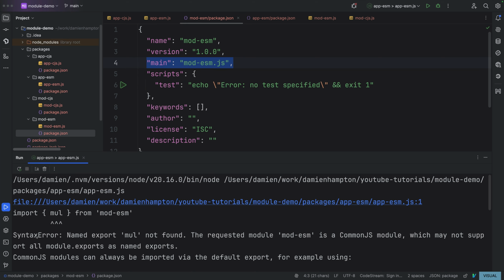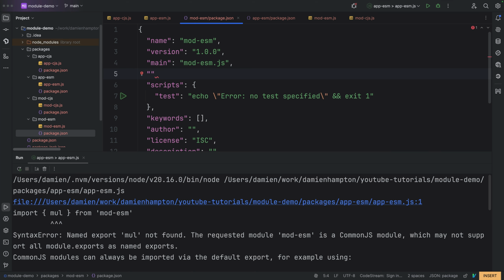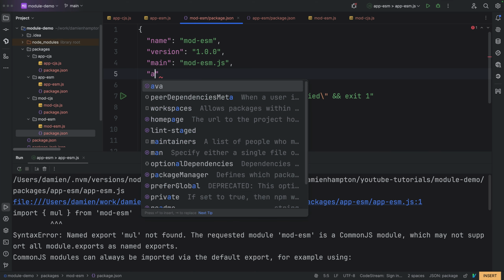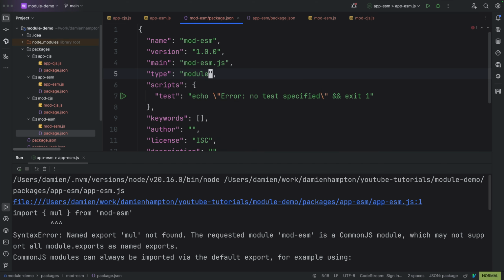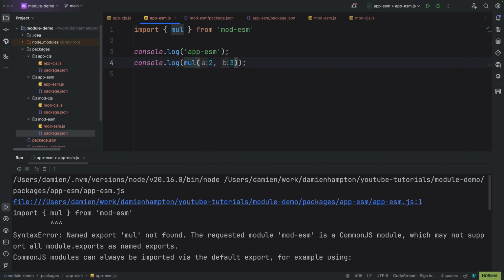So now we get syntax error: named export mul not found, requested module mod ESM is a CommonJS module which may not support named exports. So if I go back to the mod ESM package JSON, and again, same as I did on the package JSON in app ESM, I'll put type module, and now when I go back to app ESM and I run that,